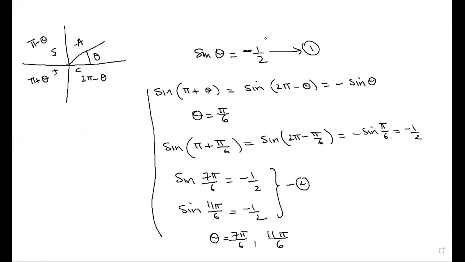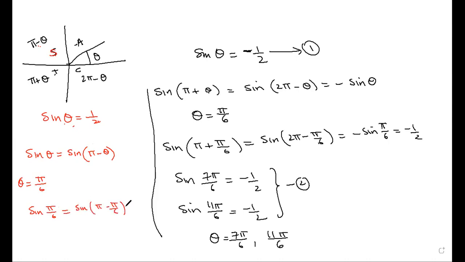Next case, just look at this one. Imagine sine theta is equal to half. Find the value of theta. Tell me which quadrant is sine theta positive? Sine theta is positive in the first and second quadrant. So sine pi minus theta. And then you will put theta as how much? 30 degrees. So sine pi by 6 equal to sine pi minus pi by 6 equal to half. So sine pi by 6 will be half. This will give you one value of theta.